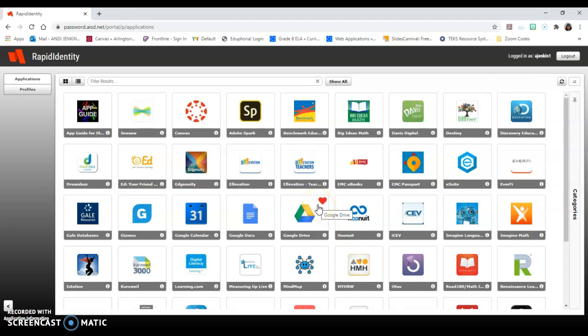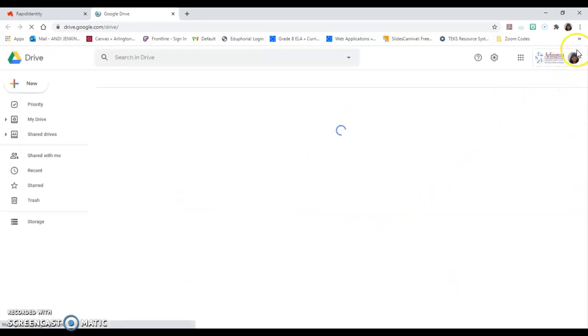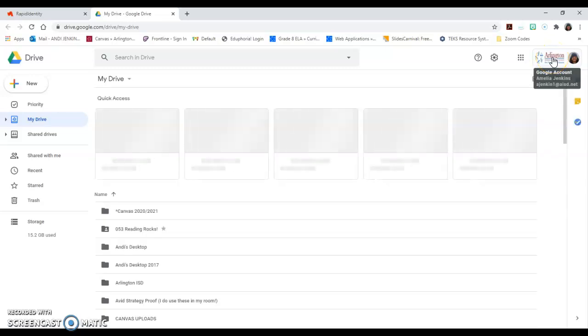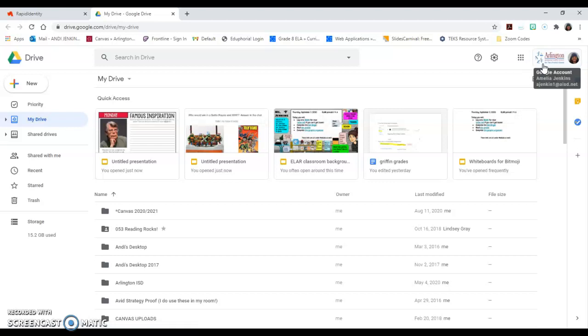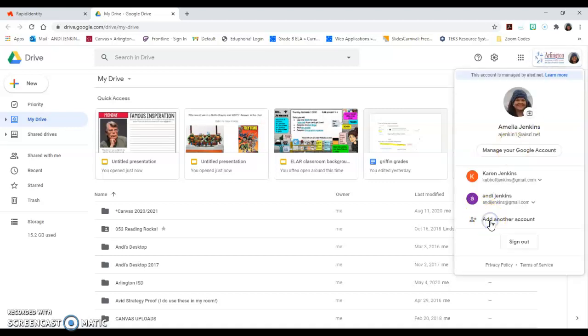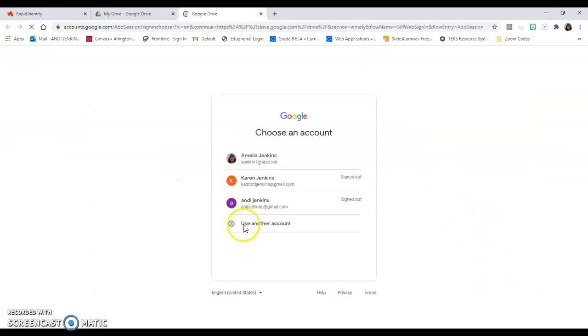Somewhere on your page, you should have a Google Drive button. Click that. It's going to open your Google Drive. Make sure up here it's your school account. So first 5 of your last name, your lunch number, at student.aisd.net. If it's not, and it's your personal account, again, it's going to be